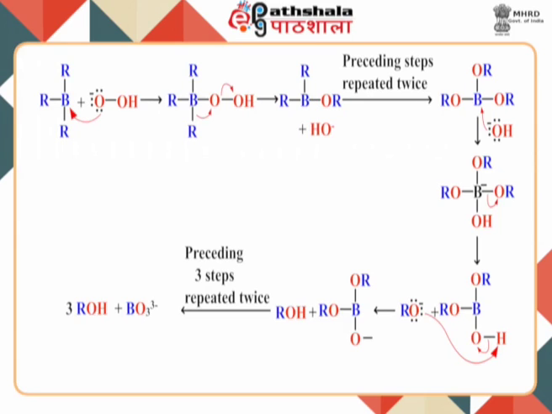These two steps are repeated 2 or more times to generate finally a trialkyl borate, that is B(OR)3. The nucleophilic hydroxide anion then attacks the boron atom and an alkoxide ion is eliminated. Protonation of the alkoxide ion then subsequently forms the alcohol. These 3 steps are repeated 2 times to yield finally the 3 molecules of the desired alcohol from the tri-substituted